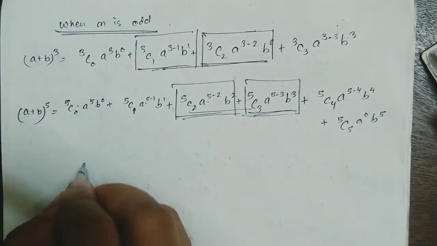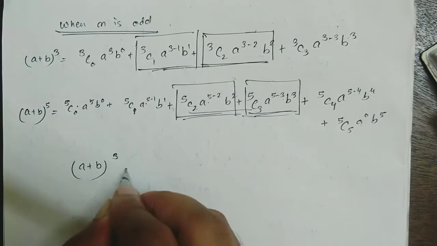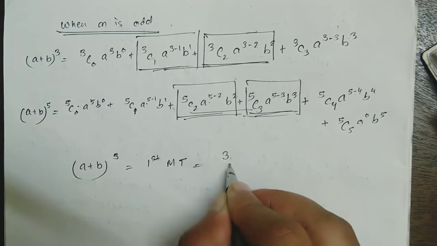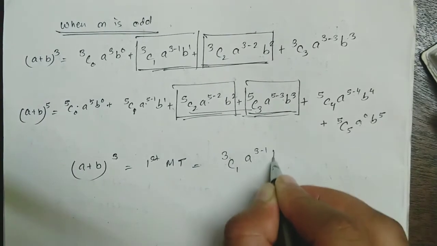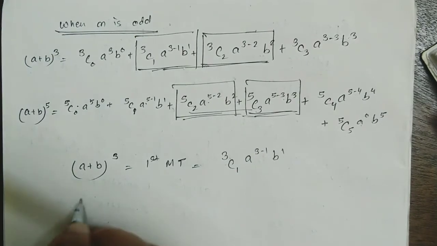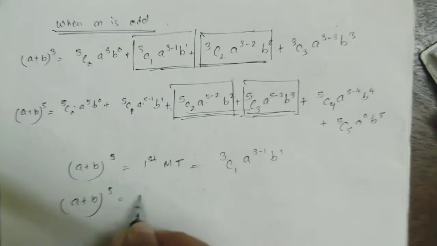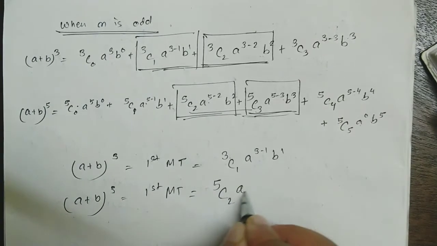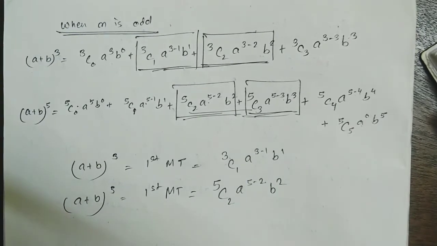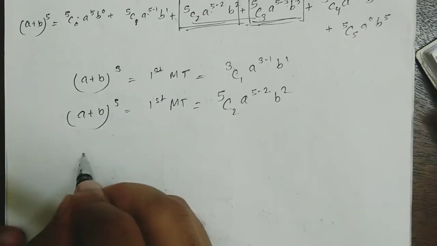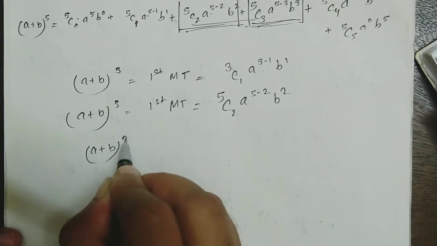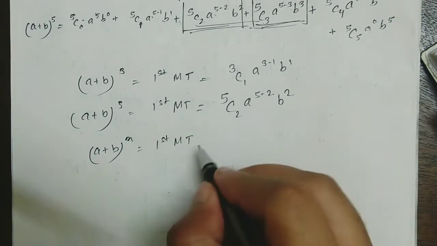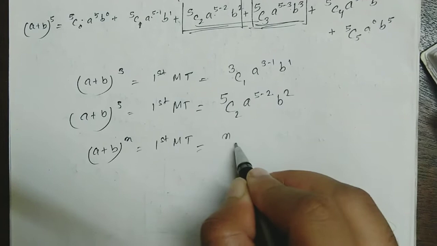ওকে, when (a plus b) whole cube এর first middle term is 3c1 a to the power 3 minus 1 b to the power 1. (a plus b) whole to the power 5 এর first middle term হলো 5c2 a to the power 5 minus 2 b square, okay. এবার কেউ যদি আমাকে বলে a plus b to the power n, or first middle term when of course n is odd, সেটা আমি কি করে বের করব? obviously আমার সেটা nc